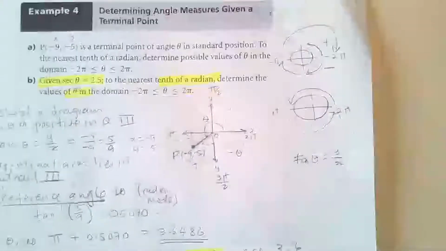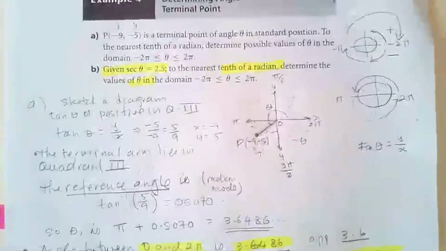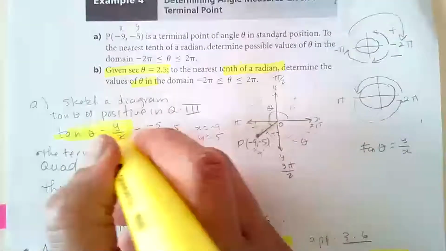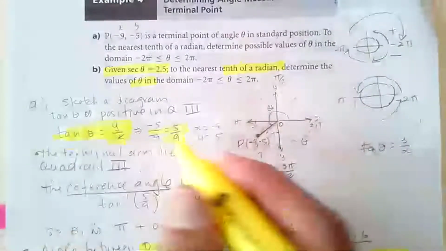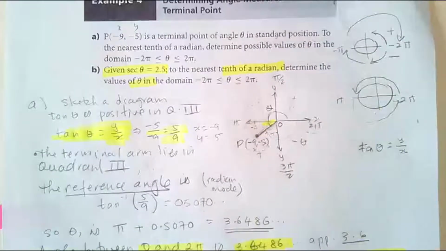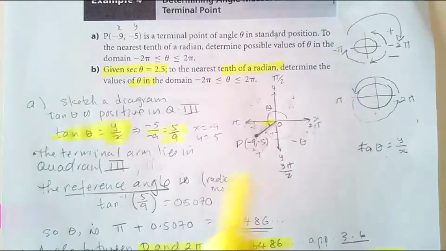And because you're given a terminal point, there's no reason to go and find the r. You go straight to tangent, and that will give you the reference angle. Once you know your reference angle, you can go ahead and find